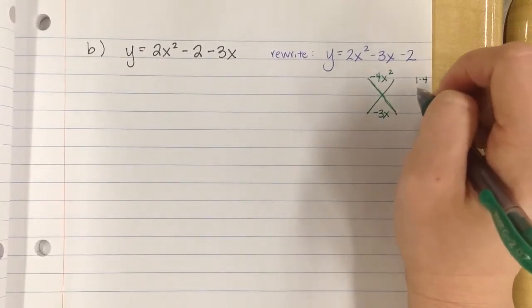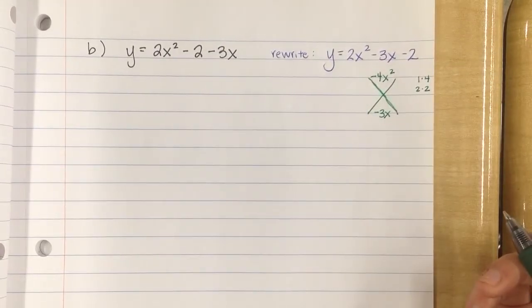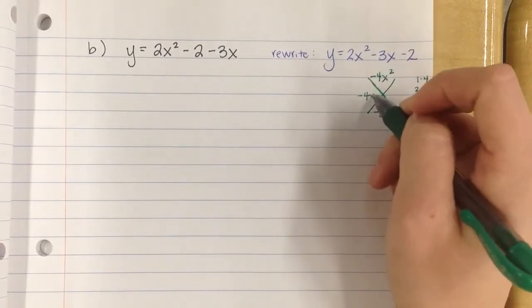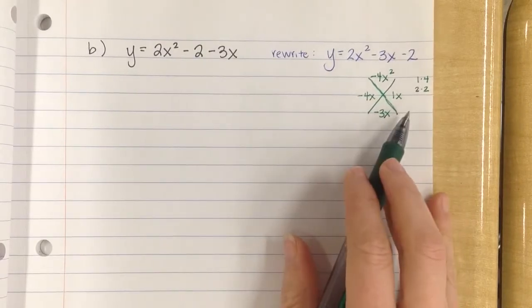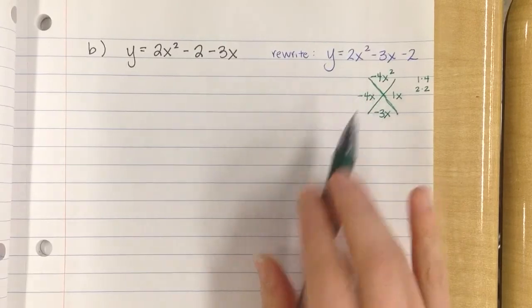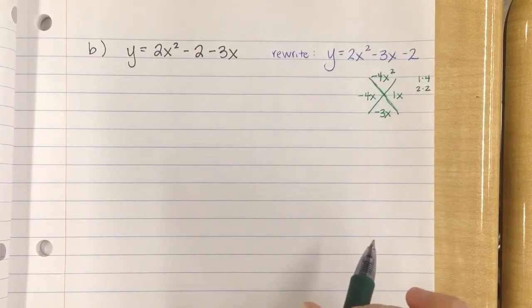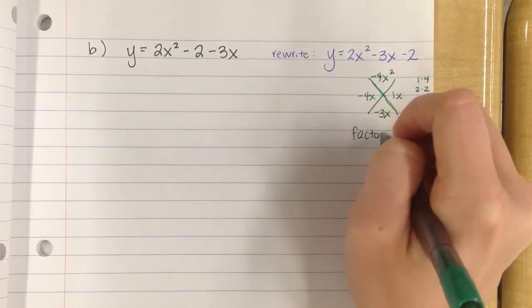I have 1 times 4 and 2 times 2. Those are my only options. Therefore, I have a -4x and a +1x, and I can factor this. -4 times +1 gets me a -4 up on the top. -4 plus +1 gets me a -3 down in the bottom. Because this is factorable,